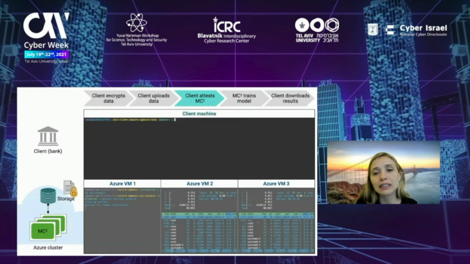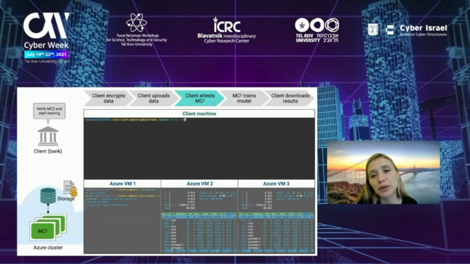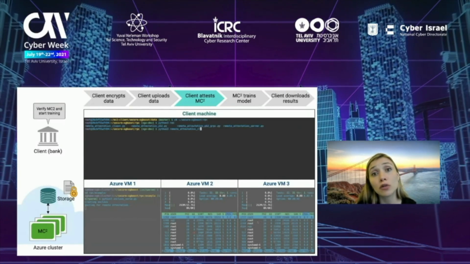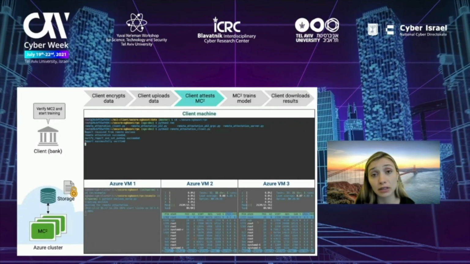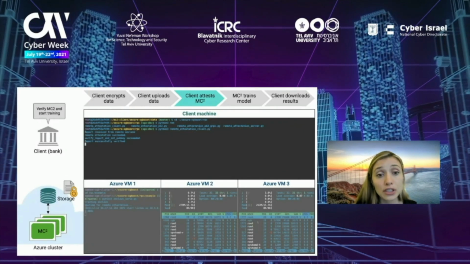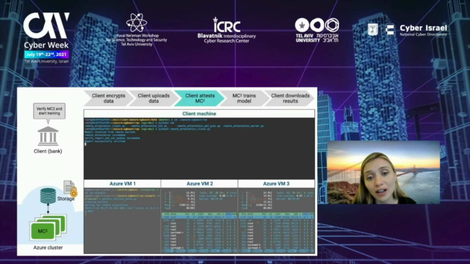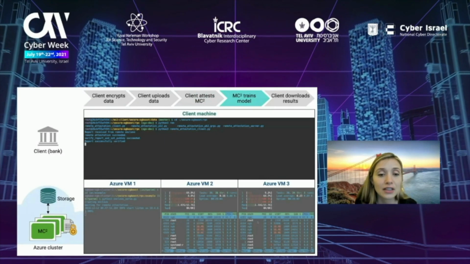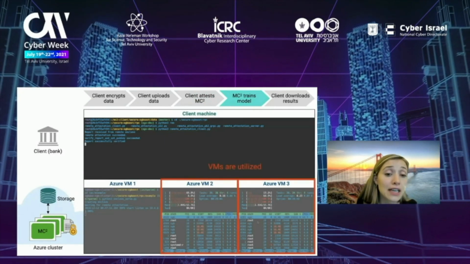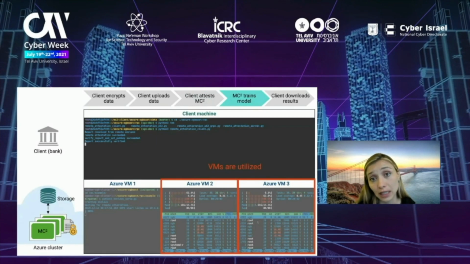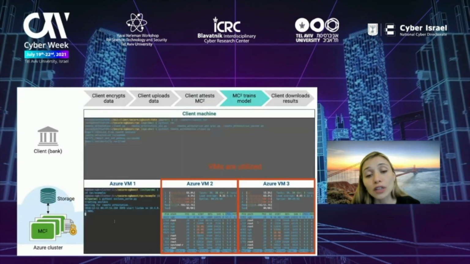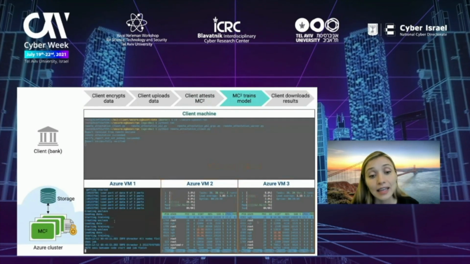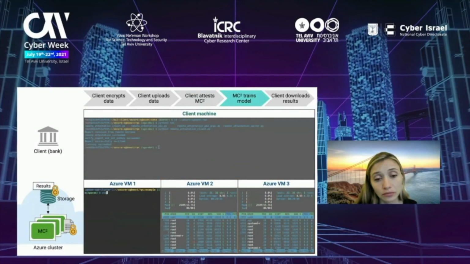All right, so back on the client, the first thing we have to do is deploy this script on the VMs in the cloud, but first we're going to run the remote attestation procedure to check the environment at the enclaves. The check proceeded successfully, so as a result, the servers, the cloud, are starting to train. They're loading encrypted data, decrypting it deep inside the enclaves, processing, and you can see that the VMs are utilized. So, outcomes in the cloud, the trained model and predictions, we can try to visualize them.